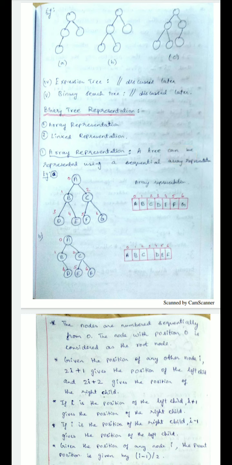So first, before that, we will see how you can represent a binary tree. There are two ways. One is array representation, one is linked representation. In the array representation, what can you do? See here, A, B, C, D, E, F, G, H. How can you represent this in an array? A will have position value 0, B will have 1, C will have 2. This way you can represent with the position value in the array. Similarly, in the second diagram, see here, D is at location 3, but that is not there. That location is empty. Left of B, that location is empty. Hence you keep it in the array representation as empty. So this is how you can represent it in the form of an array.